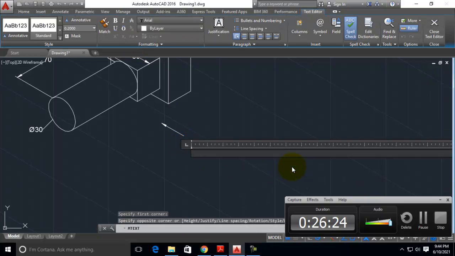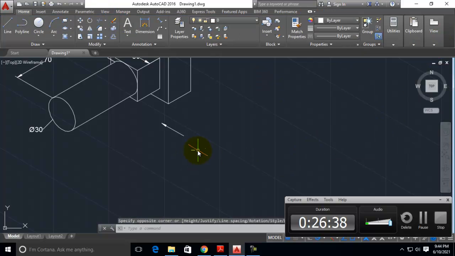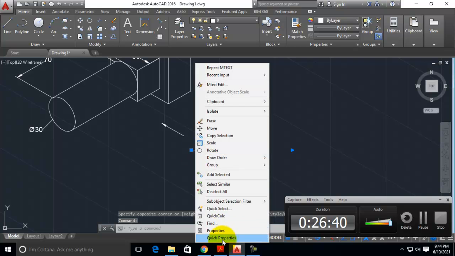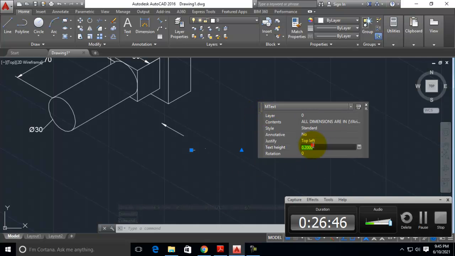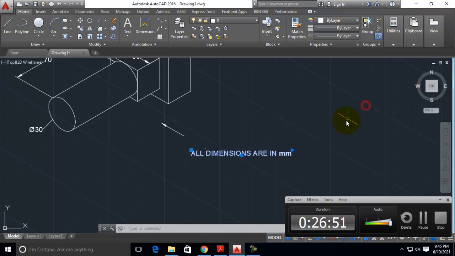Just type all dimensions are in mm. If you want, you can select this mm alone and apply the bold command. It will be in bold. Also select this and go to properties. You can use quick properties now. Text height will be visible for this. In text height use 5. Now this diagram is also completed.